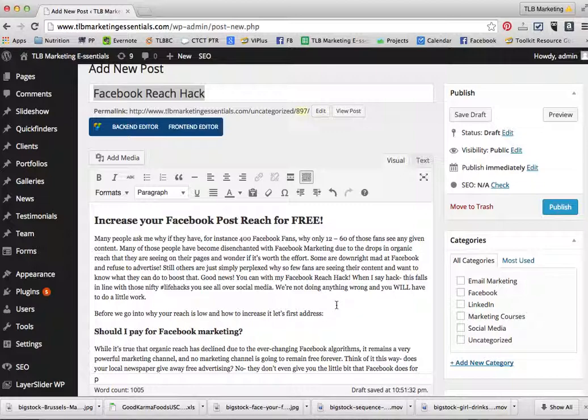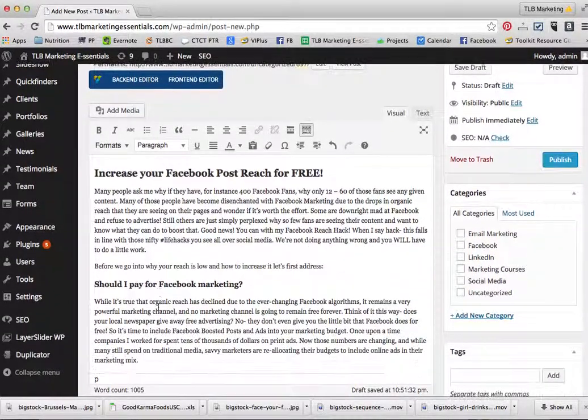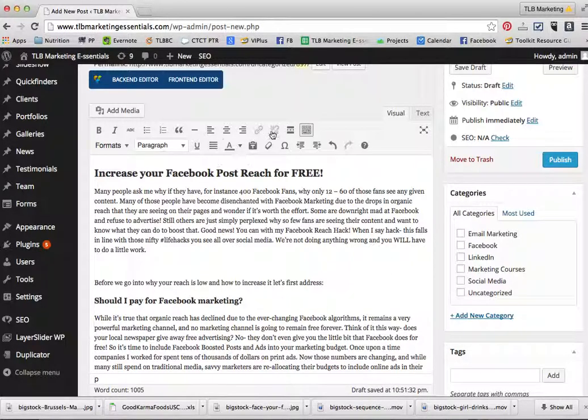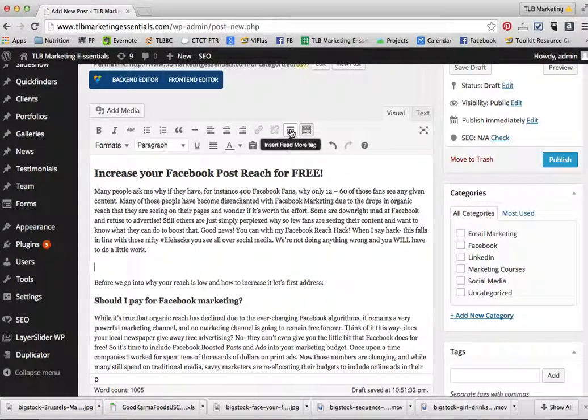So I simply go to where I want my content to end on that beginning page. So let's find a compelling spot here. Let's see. So I'm going to hit enter and I'm going to insert my read more link. So here's my read more tag. And now that's where a read more button is going to appear when this is on the main blog page. When they click that, they'll see the entire blog on its own page.